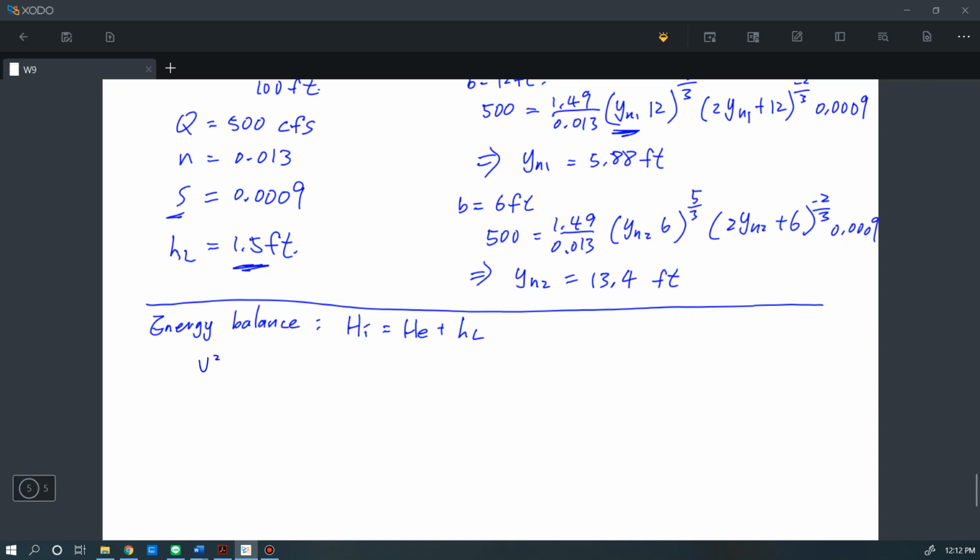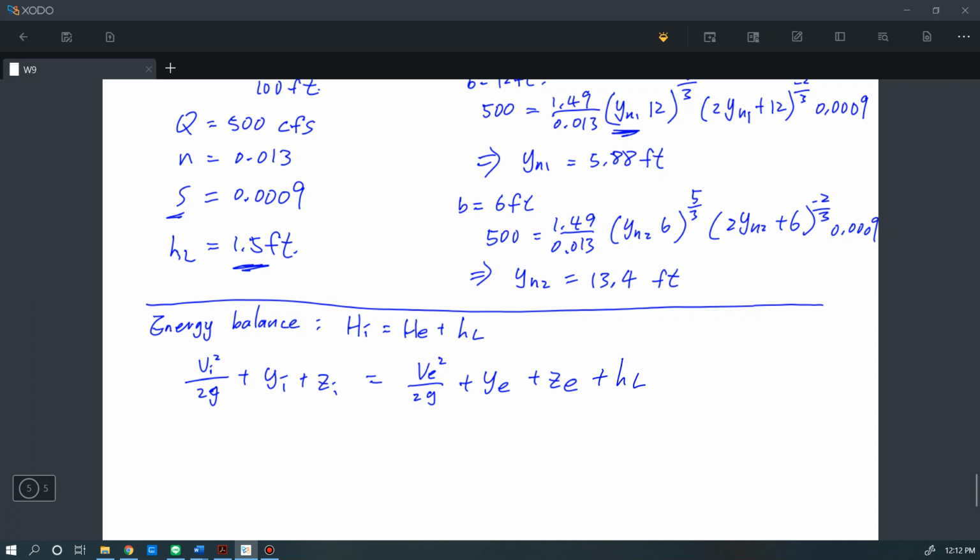First is the velocity term plus yi plus zi. Zi is the elevation for the entrance channel, should equal the velocity term for the axis plus ye plus ce plus